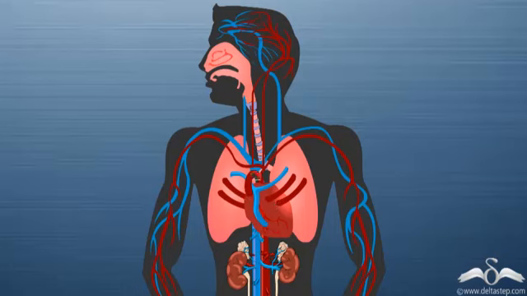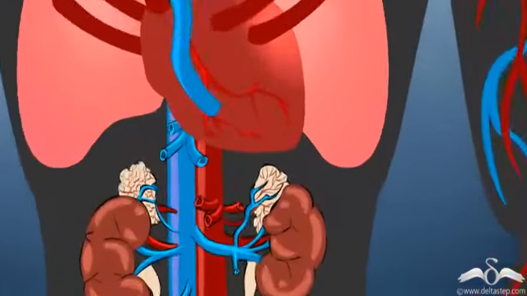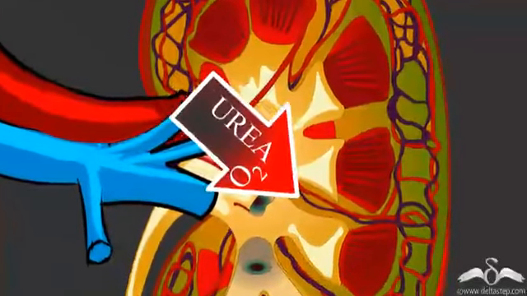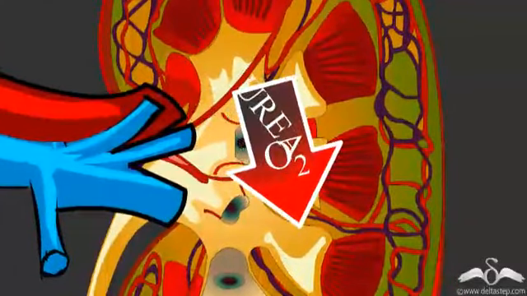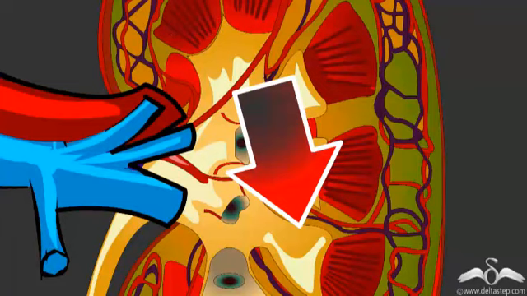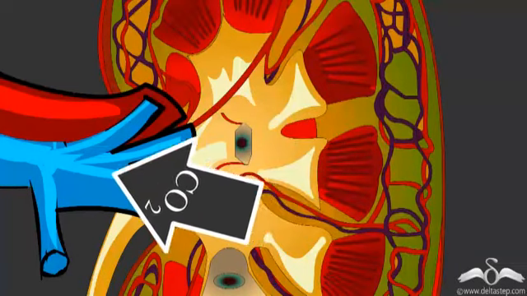Now we see that the deoxygenated blood is getting oxygenated in the lungs, but what about the impurities? Where are the impurities getting filtered? Notice that an artery from the aorta leads into the kidney. Now the kidney takes the oxygen from the blood, but it also filters the impurities from the blood, and hence the blood flowing out of the kidney is deoxygenated but pure.